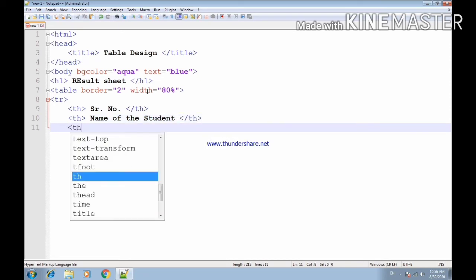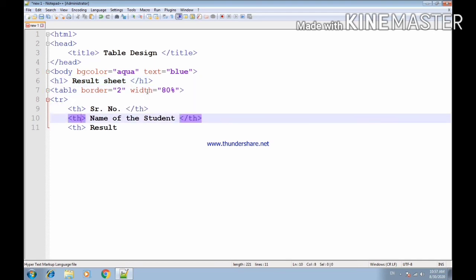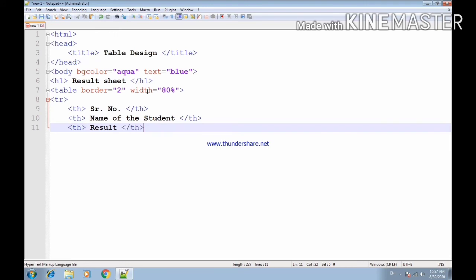Again I am creating th, result, and th close here.